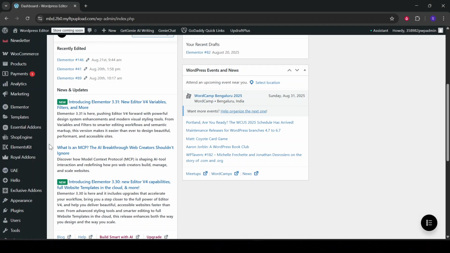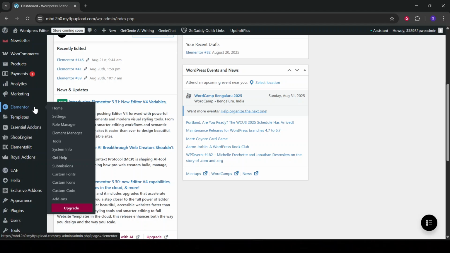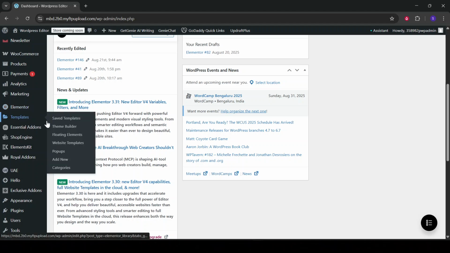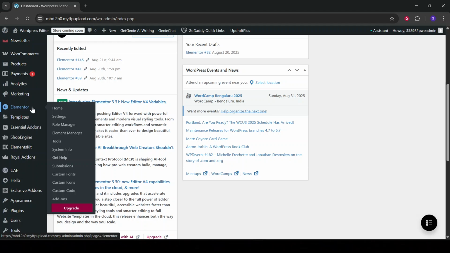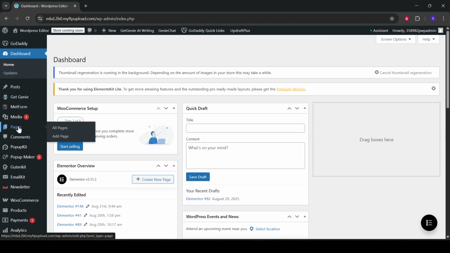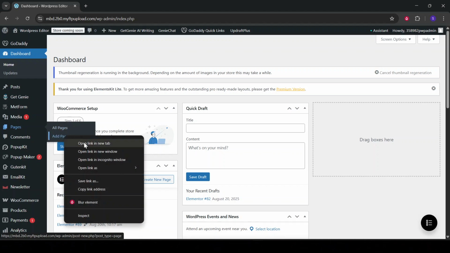With Elementor up and running, we need to navigate to the page where you want to add a template. You can either edit an existing page or create a new one. To start editing a page with Elementor, find the page in your list of pages and click on the Edit with Elementor button. This will open up the Elementor editor, a live visual interface where you can see the changes